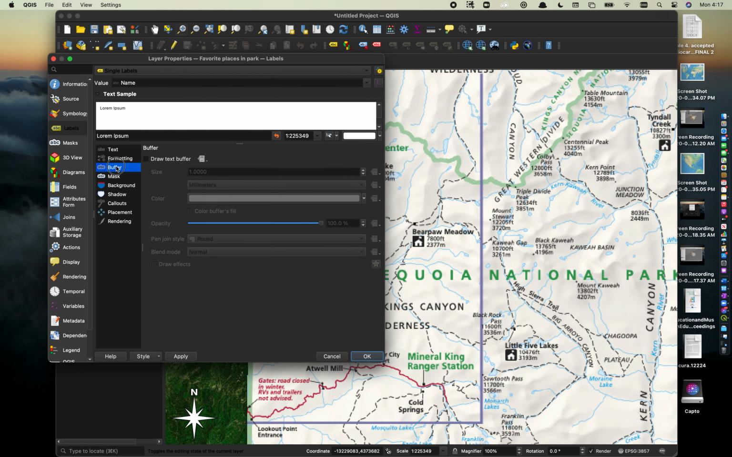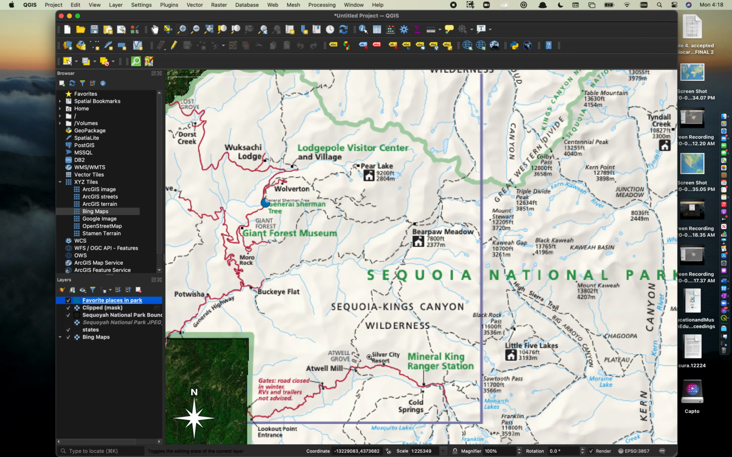And oftentimes I'll use draw text buffering so you can see the label a little bit better. You can design the different fonts, different colors, and all kinds of things to use in labeling the text. So hit apply. Let's see if that popped up. So now we have our label here. We can get rid of the